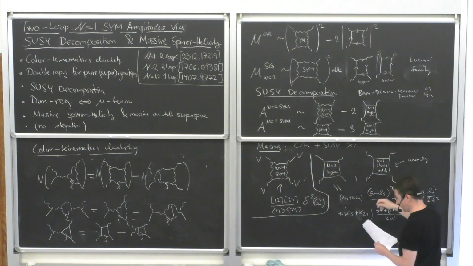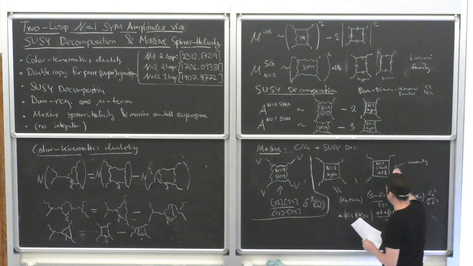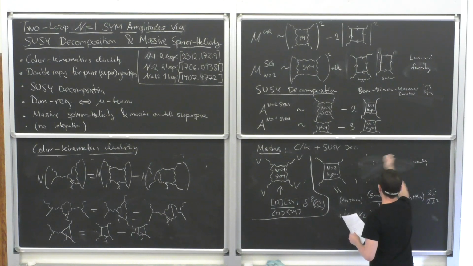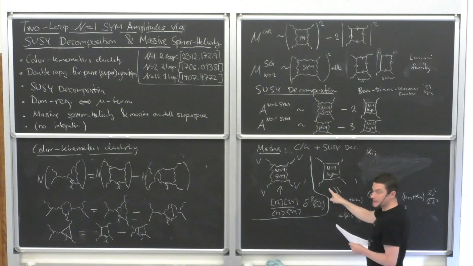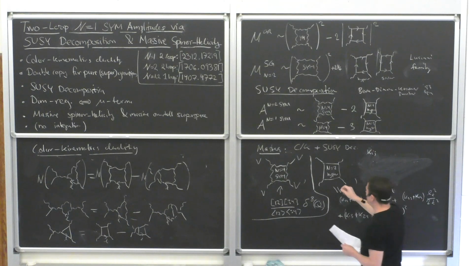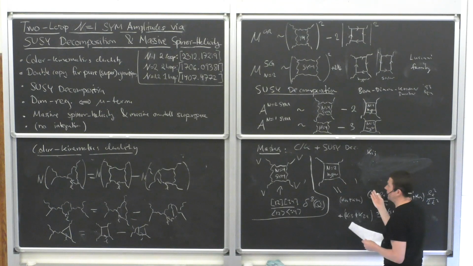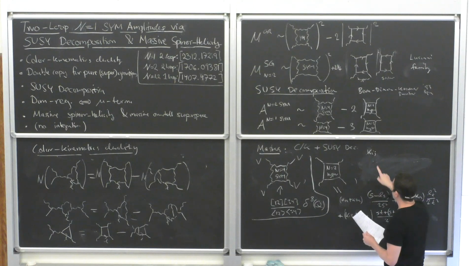So these are kappas, not k. It's just my poor handwriting. So what is kappa? Let me erase this one because I'm not going to need it. So kappa basically just keeps track of which legs have a minus multiplet. So when I do n equals 2, I have a chiral multiplet for the vector and an anti-chiral. So this is just keeping track of it.